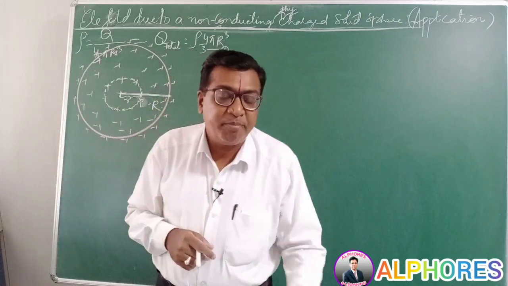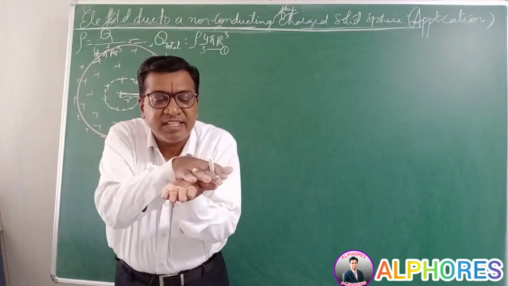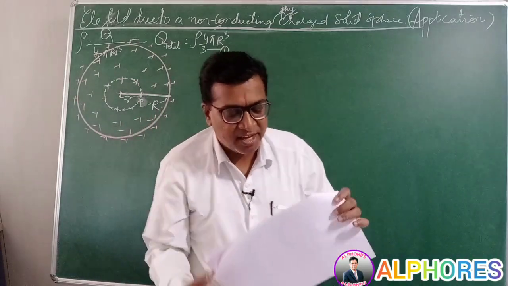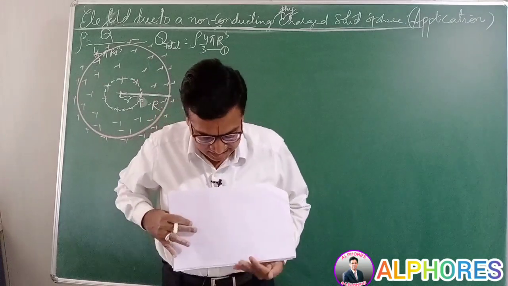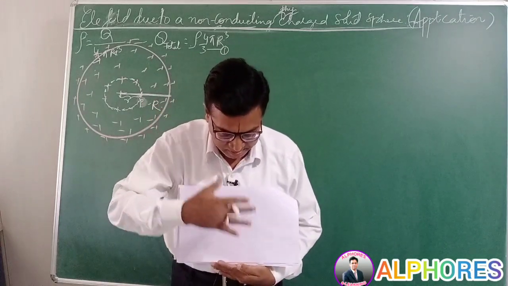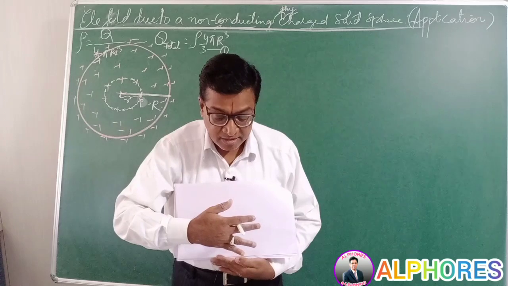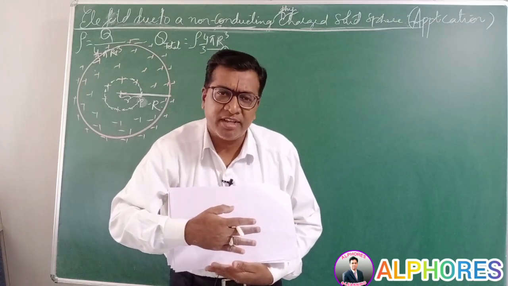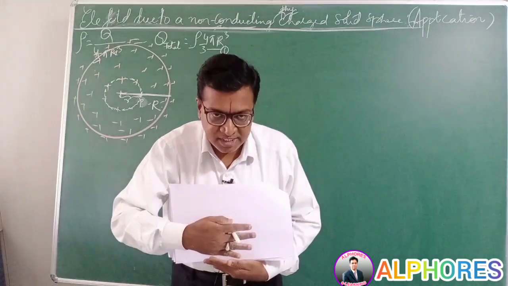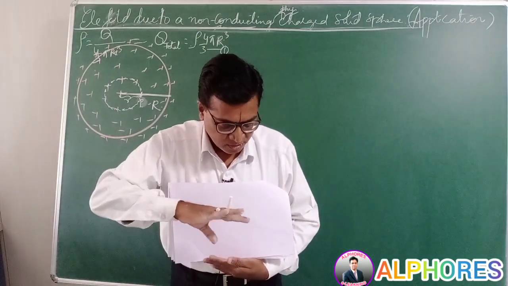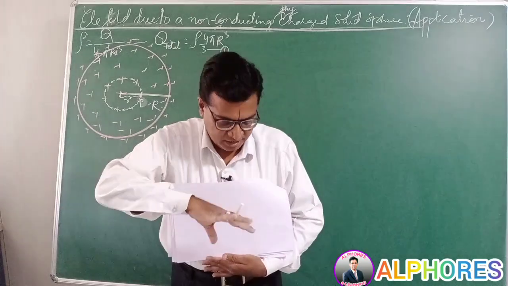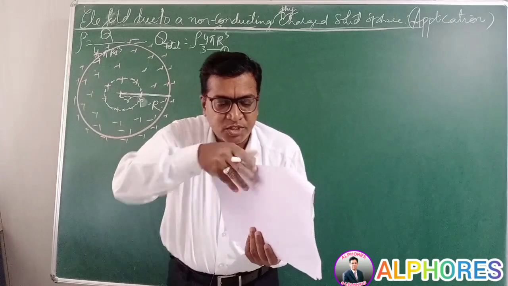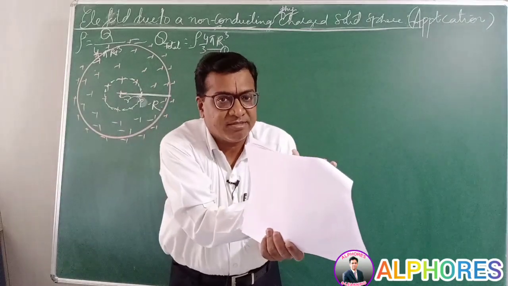Third, if it is a plain charged sheet, then imagine a Gaussian surface parallel to it. This parallel surface can be a square, rectangle, or a circle, whatever it is. Now close it correspondingly. Suppose it is a square, close it with a cube. So imagine the same Gaussian surface on the other side also. It should be on this side as well as this side, symmetric, right?